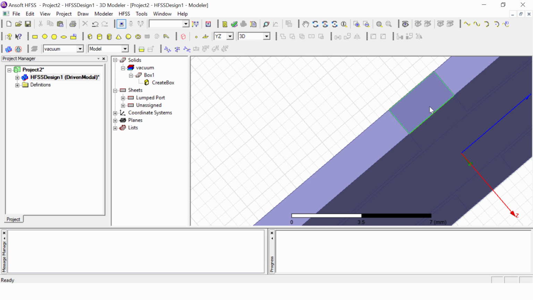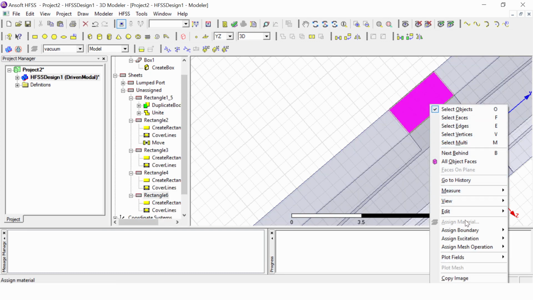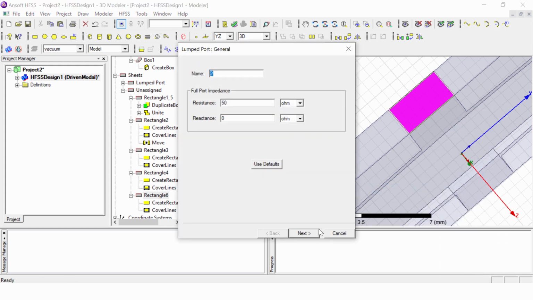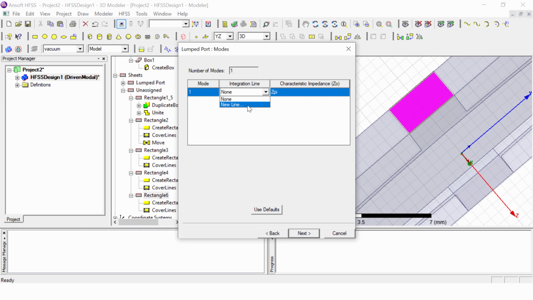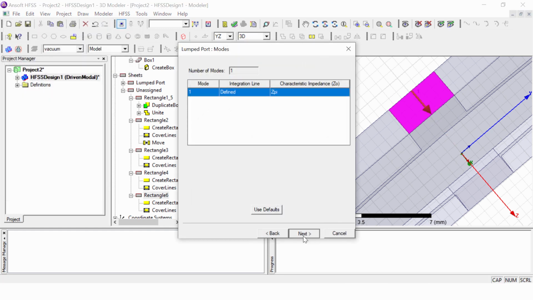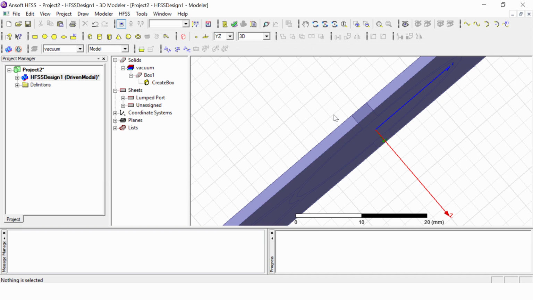For port 2, right click on the rectangle, assign excitation, lumped port. Next, new line, click on the triangle, then another triangle. Next, finish. This is done.